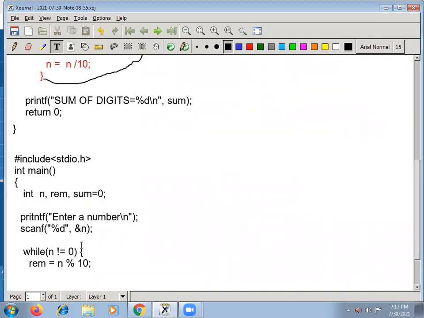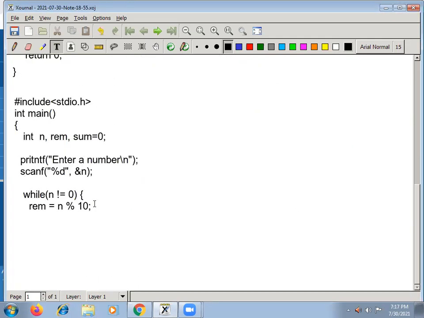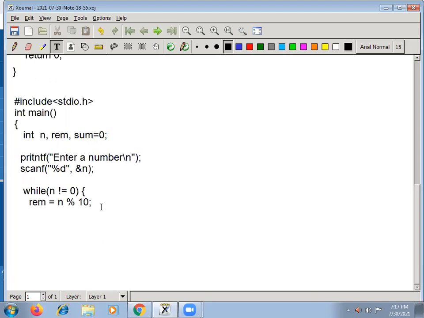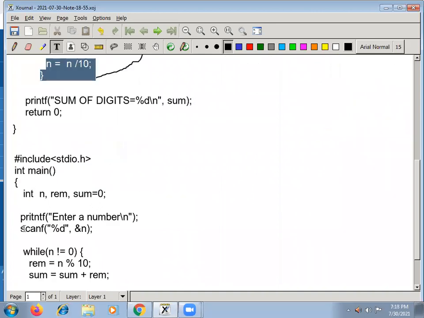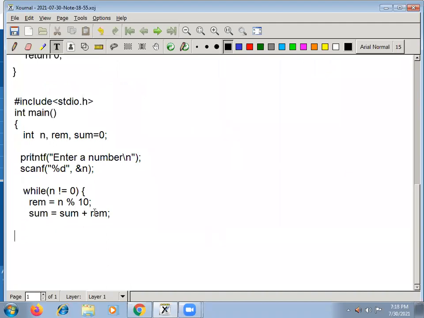Okay, so only this loop part I am interested in. Right, now see, remainder is equal to n mod 10.